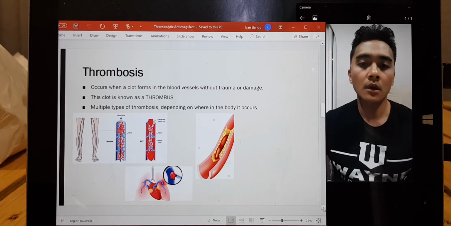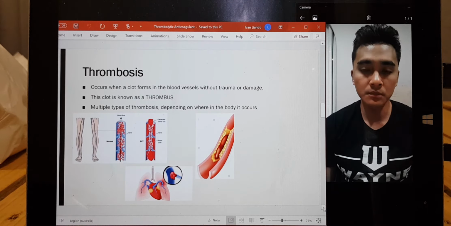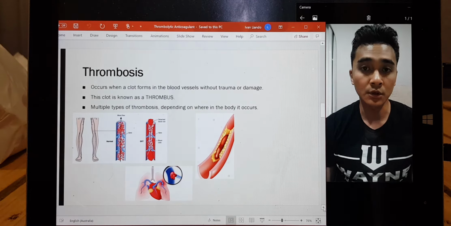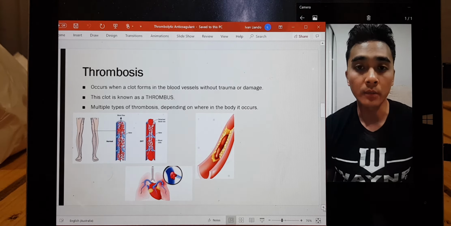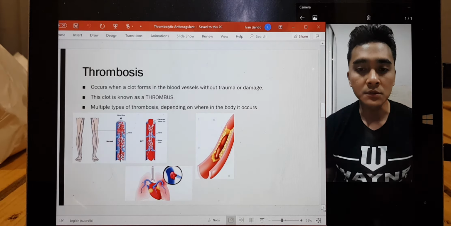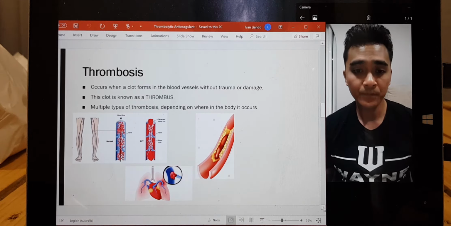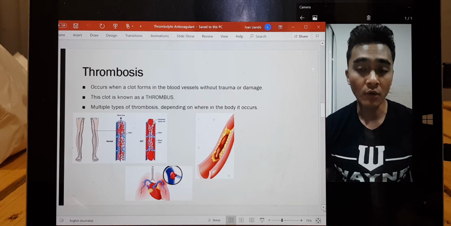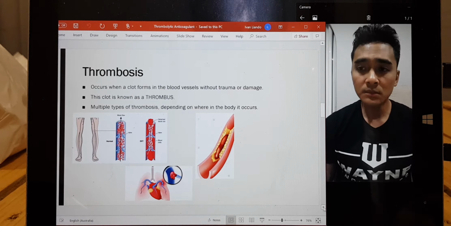So we know that a clot is an essential part of the defense mechanism of the circulatory system. However, there are cases when this becomes quite problematic, and it happens when a clot forms in the blood vessels without injury or trauma, and it forms a thrombus. There are multiple types of thrombosis,